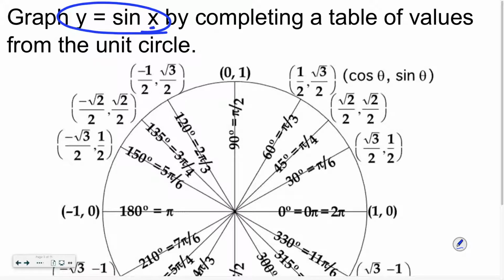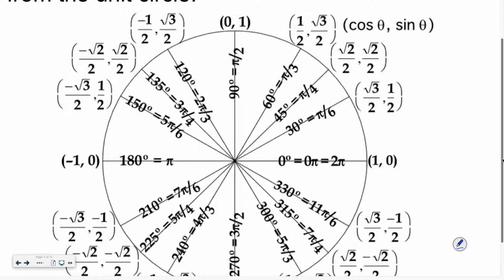So x, that's our independent variable. What kind of values are we plugging in for x? We're plugging in angles, correct? And if we plug an angle into the sine of x, then our output will be some sort of ratio, right? So if we think about our unit circle and we think about the special values, we know that the